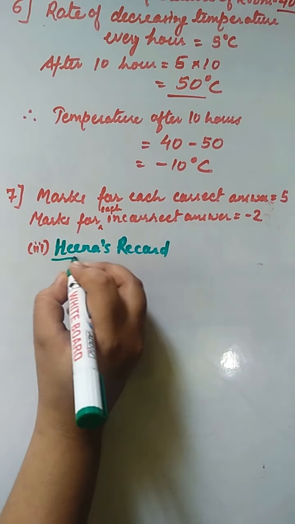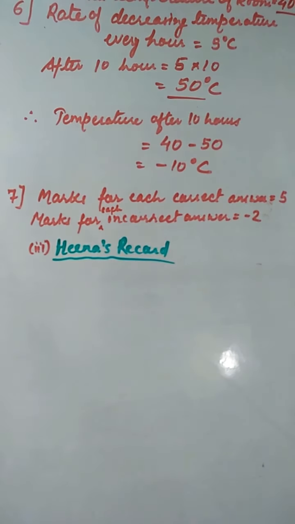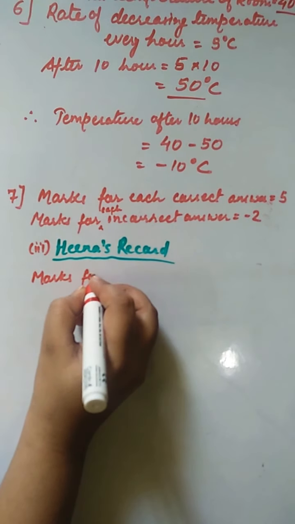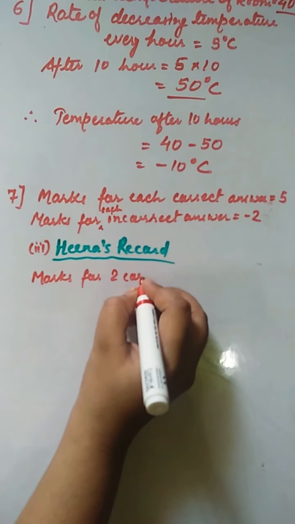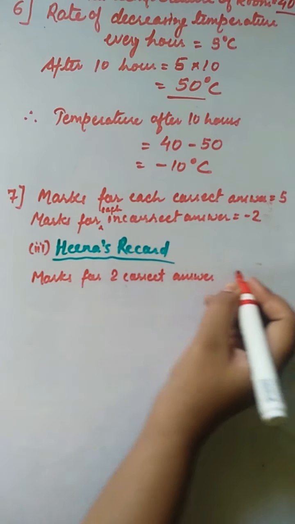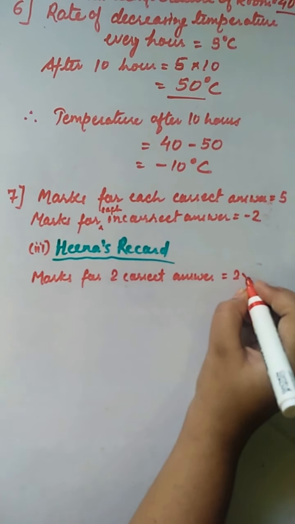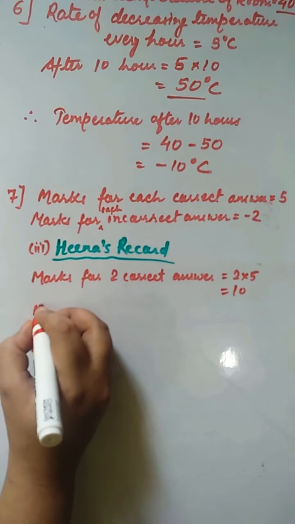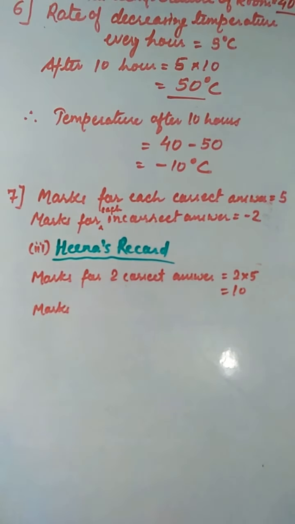So it is saying that she has done how many correct answers? 2 correct answers. So we will find out marks for 2 correct answers. For 1 it is 5, so for 2 it is 10. Is it so? Then marks